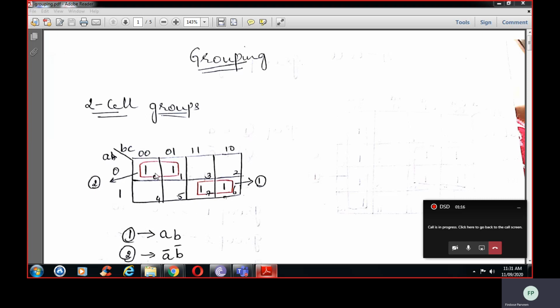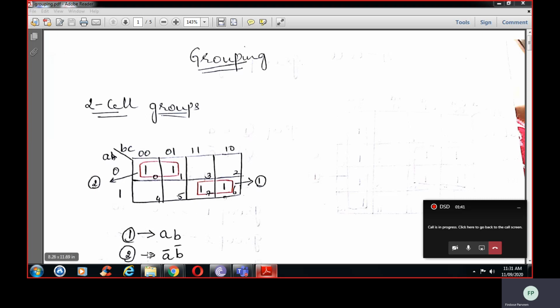Here the output is 1 at cell 0, 1 at cell 1, 1 at cell 7, 1 at cell 6. So this is one group and this is one group. As 0 is adjacent to 1 and 6 is adjacent to 7, this becomes one group and this becomes another group. I have named this one as group 1 and this one as group 2.